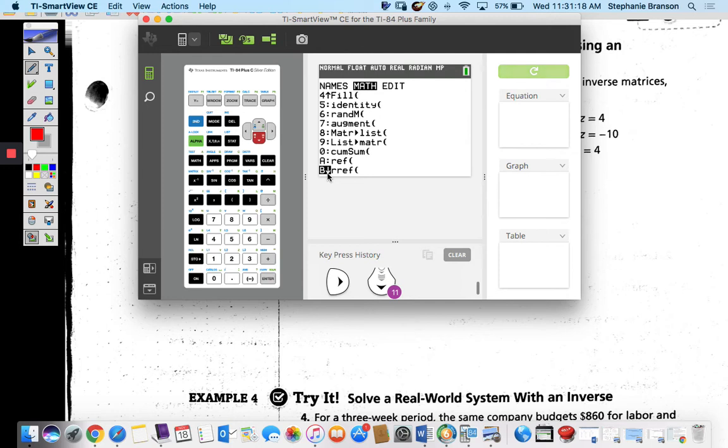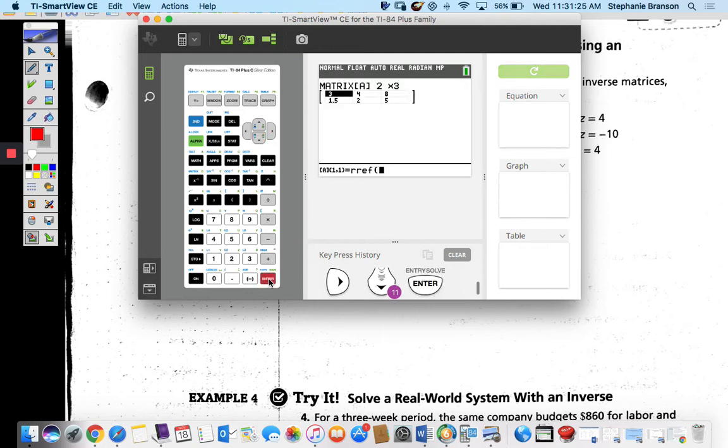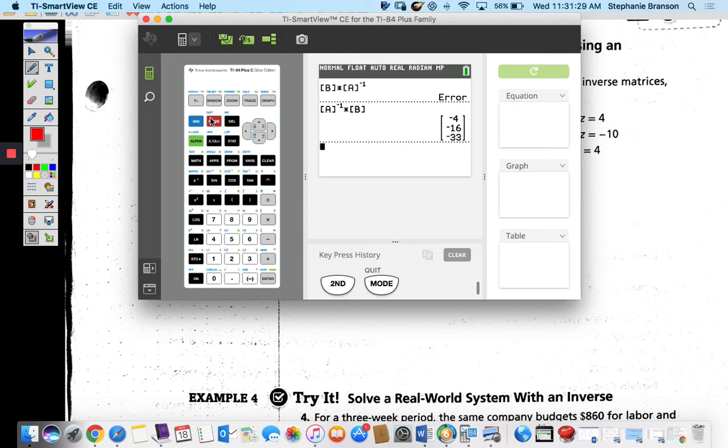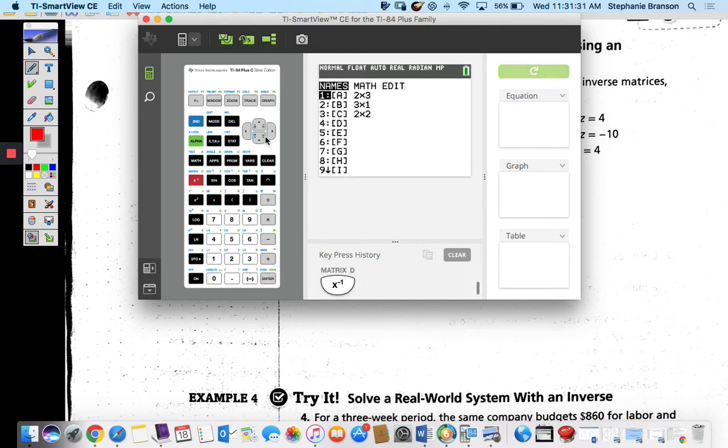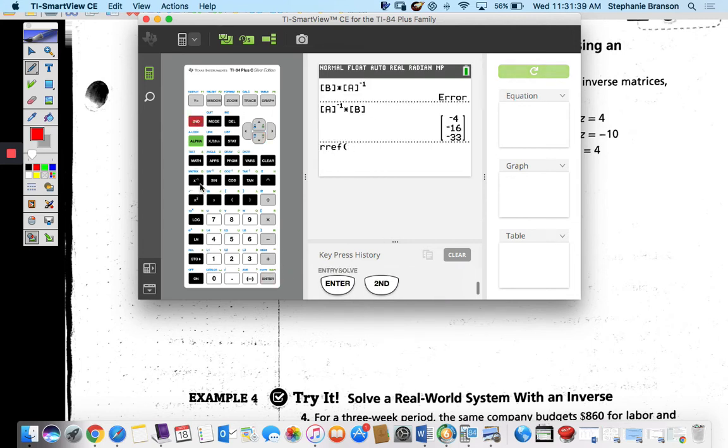Y'all see it? Keep going down until you see it. Ooh, wrong spot for that. All right, second matrix, go over to math and then down to RREF. I'm going to put in matrix A